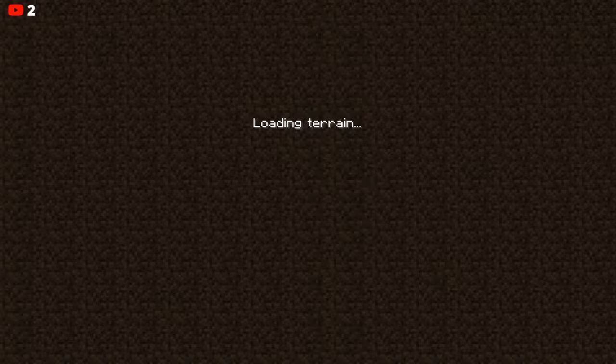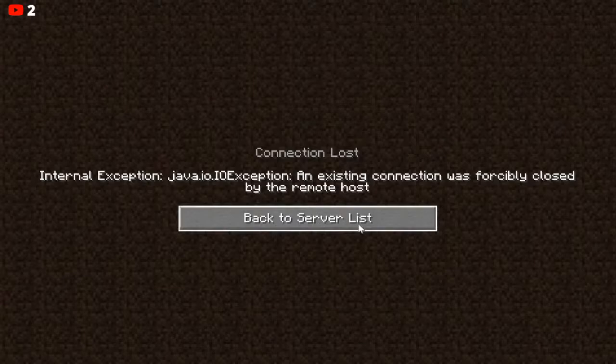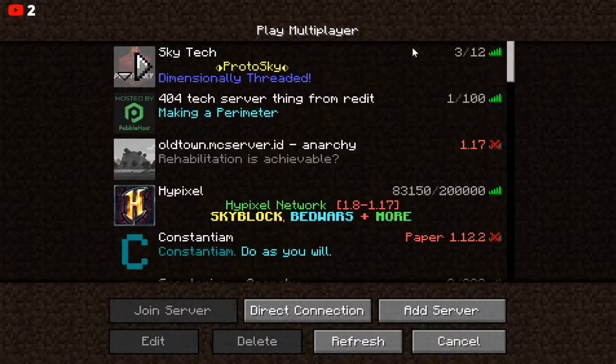Well, it wants to load terrain. So we're just going to go to an internetspeedtest.com or .net. It is currently finding the optimal server. It's trying to load in. Well, I wonder if my client is actually glitching out too. Because I guess I can still refresh this. Well, oh,